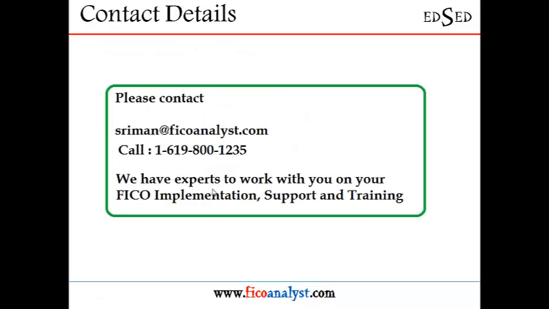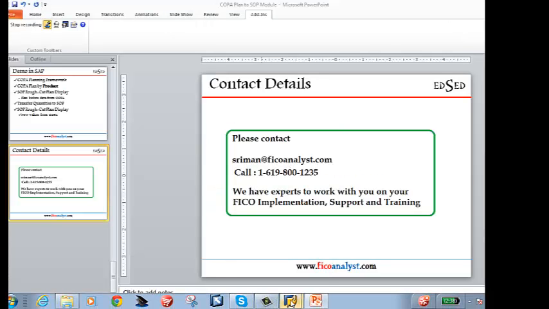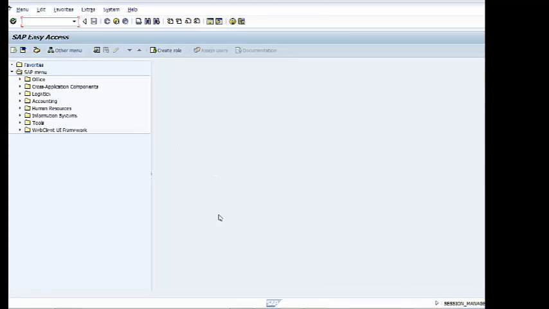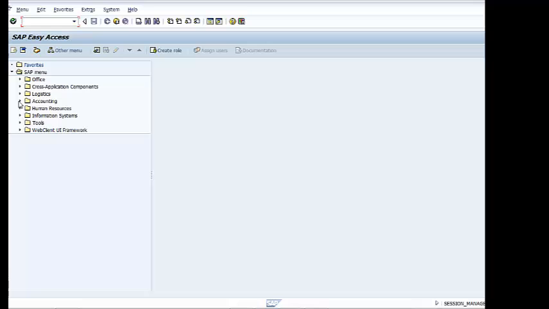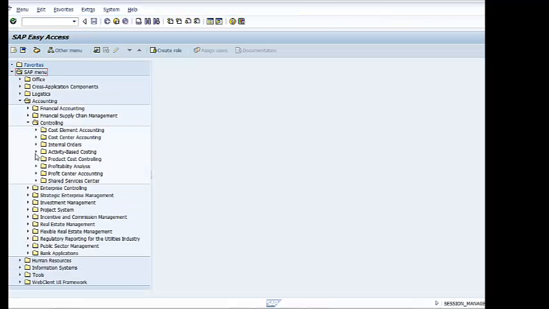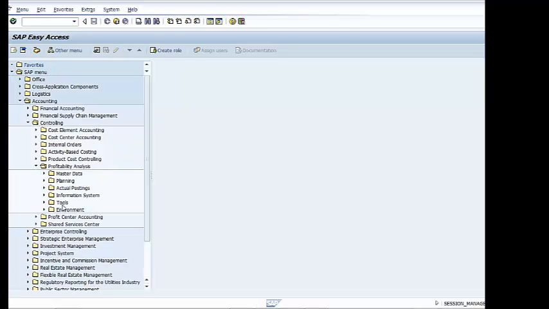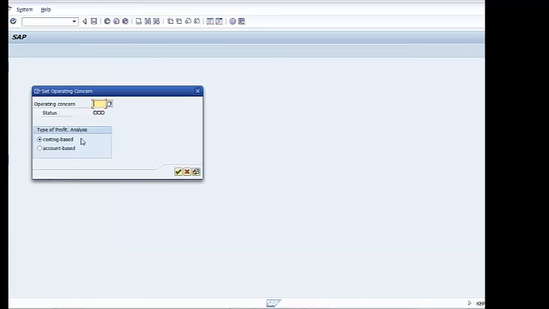Okay, so that is the overall demo going to be. Again, let's look at SAP. Here I'm going into accounting, controlling, and profitability analysis module, and planning data here, with the transaction code for the data. I'm just entering the operating concern,